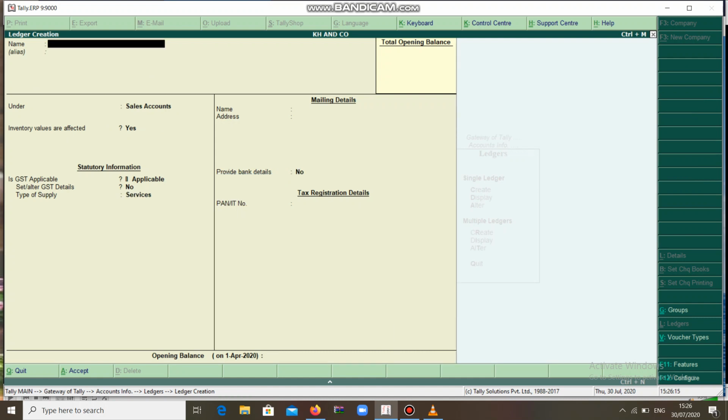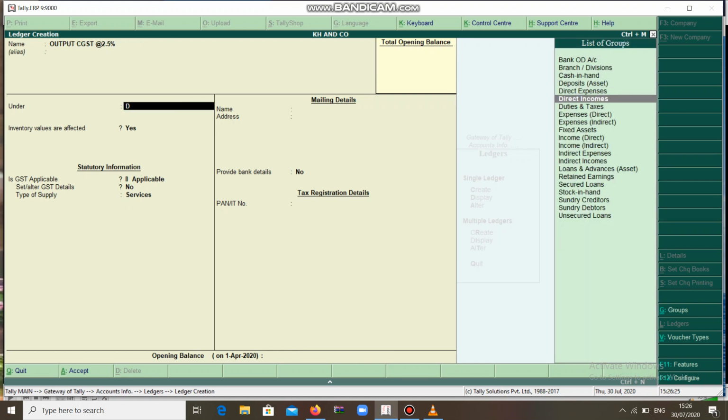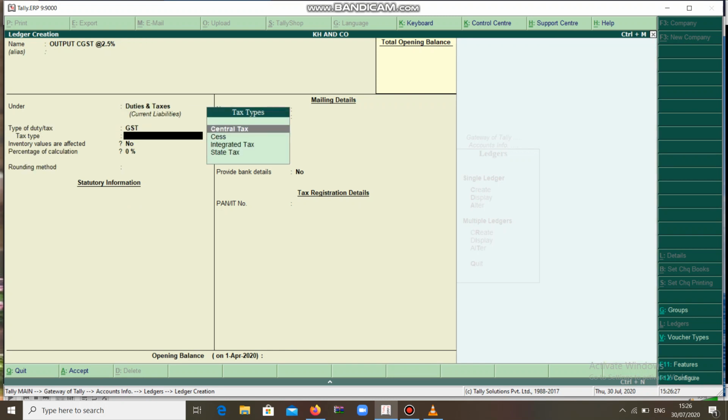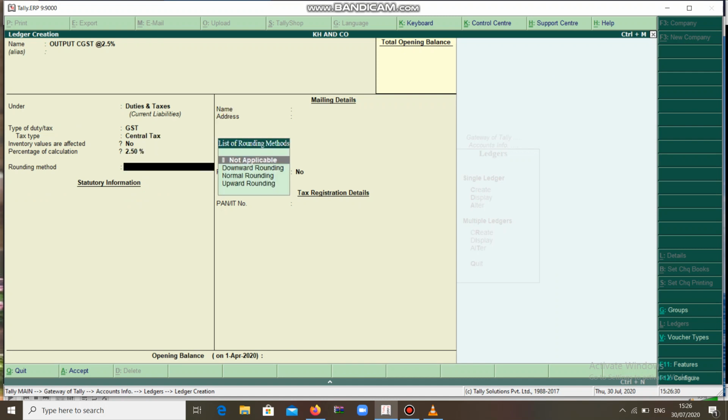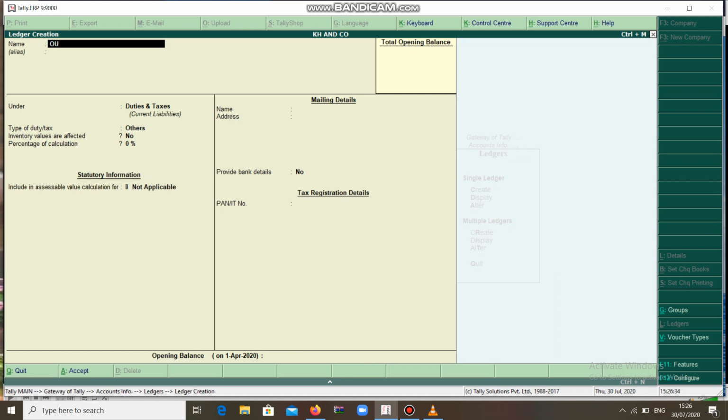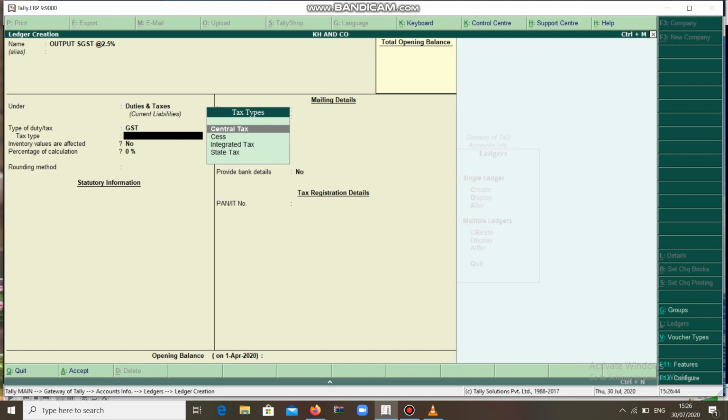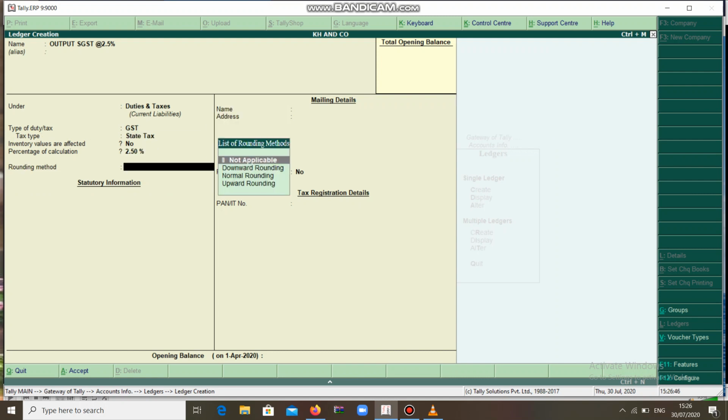Now you can make it as output CGST 2.5% under duties and taxes, GST central 2.5, normal rounding 1. Next, output SGST at 2.5 under duties and taxes, GST state 2.5, normal rounding 1.